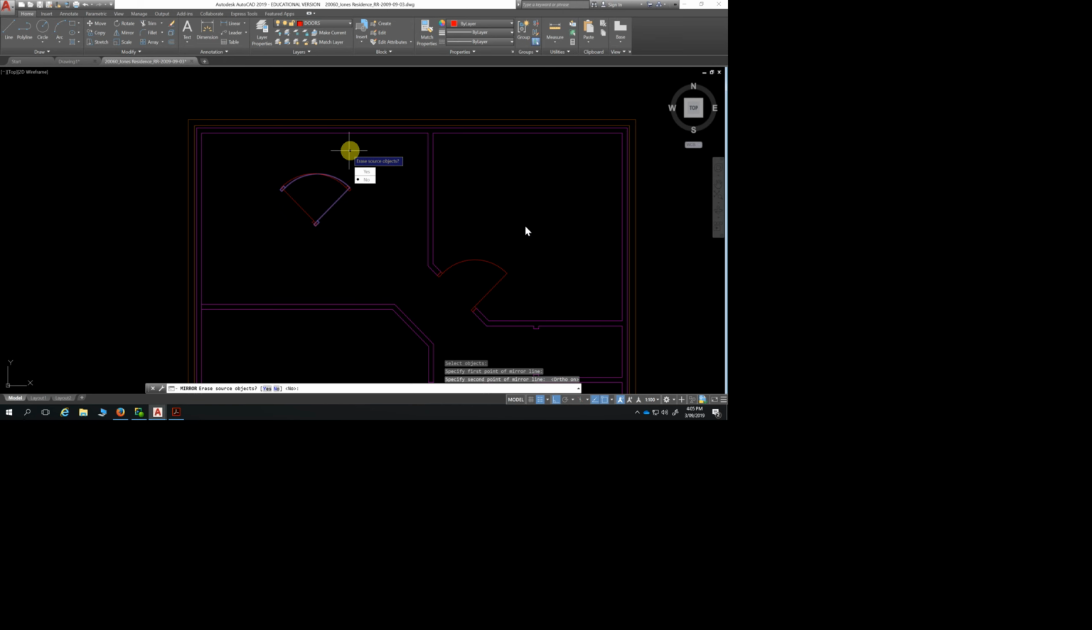Now you can see that there's two objects there. We can either keep the source object or we can erase the source object. What is it asking me? Erase source object. In this case, yes, I don't want to see that background image. So I go yes. Now that I've mirrored it, I need to make sure that it clicks in at 45 degrees. So